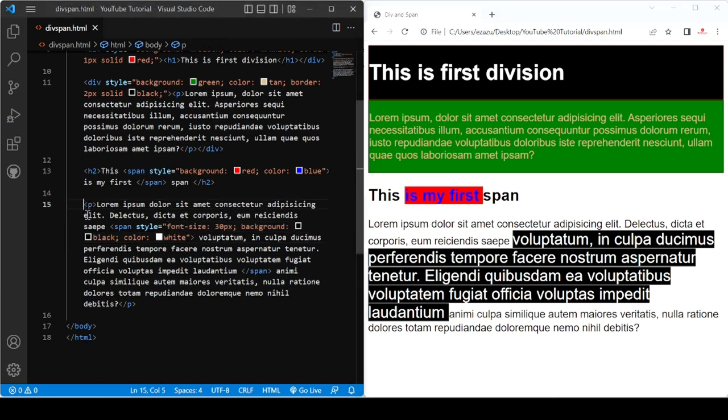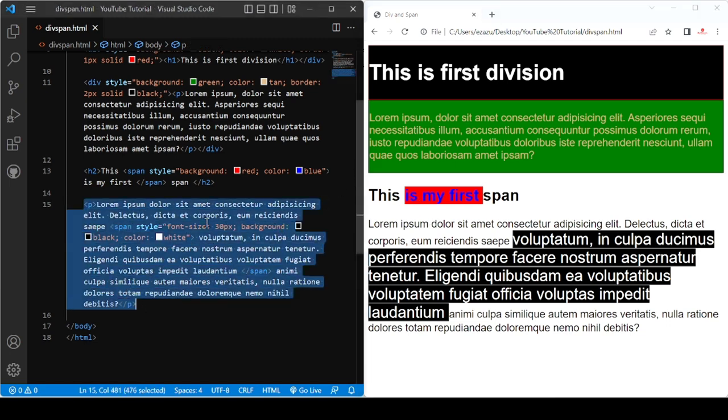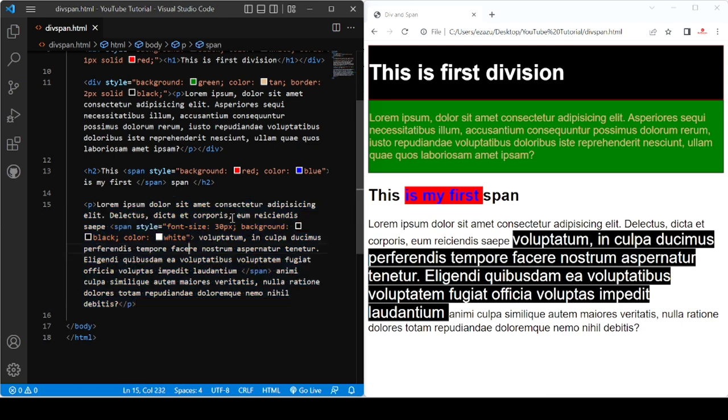After that I have this paragraph tag. Within the paragraph tag I have a span tag. Here I increase the font size of the paragraph, you can clearly see. And after that I provide the background as black and color as white. You can do the same with the help of class and ID.